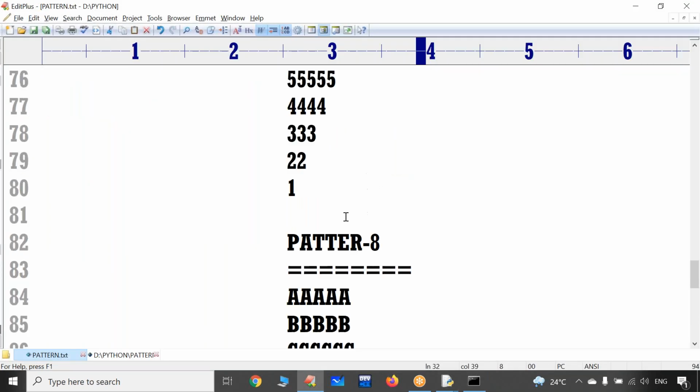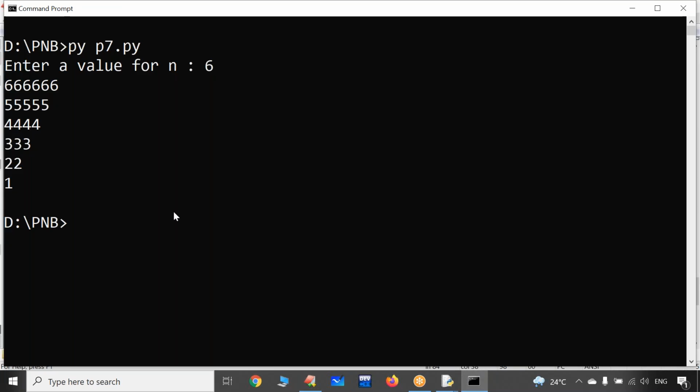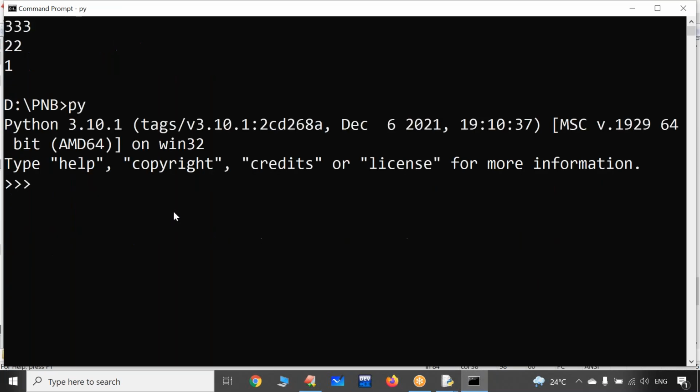Now coming to the next pattern. Every time I am not going to print a star here, I am not going to print the row number here, but I am going to print some character. Before that, I want to share one function with all of you. For every character in any programming language, generally a unique number will be given. In a class of 60 students, if I want to identify one particular student, for all students some unique number will be given, which we can call a roll number.